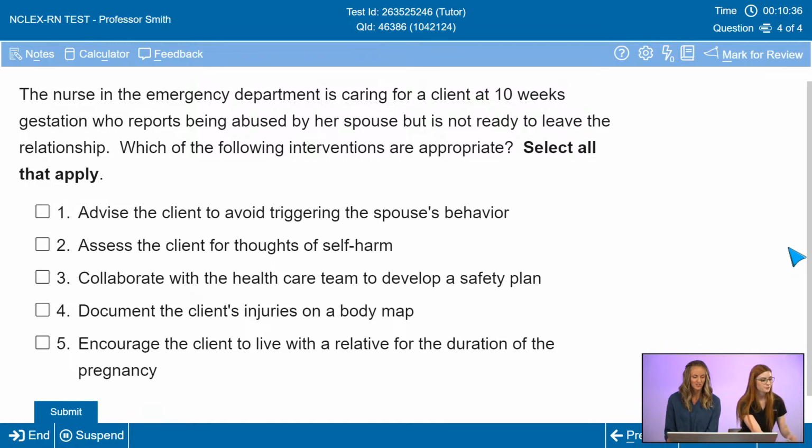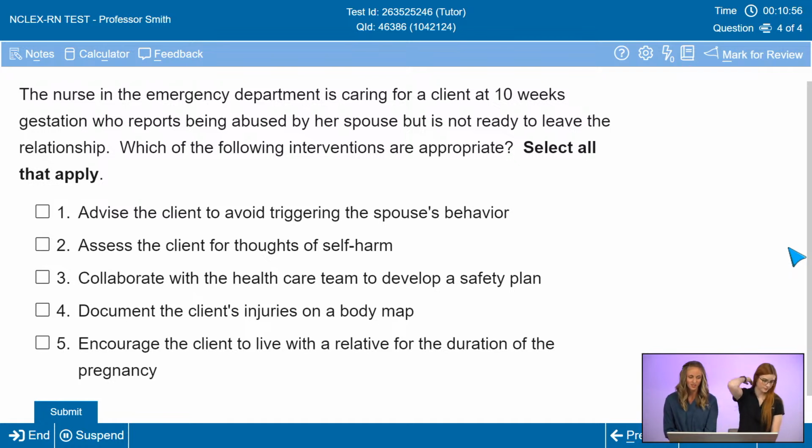Yeah, so this question is about intimate partner violence, and it's an important topic that unfortunately is becoming more and more seen in the clinical practice. Something important when looking at psychosocial questions, one of the points on the NCLEX-PN plan is to recognize nonverbal cues to physical and psychological stressors.